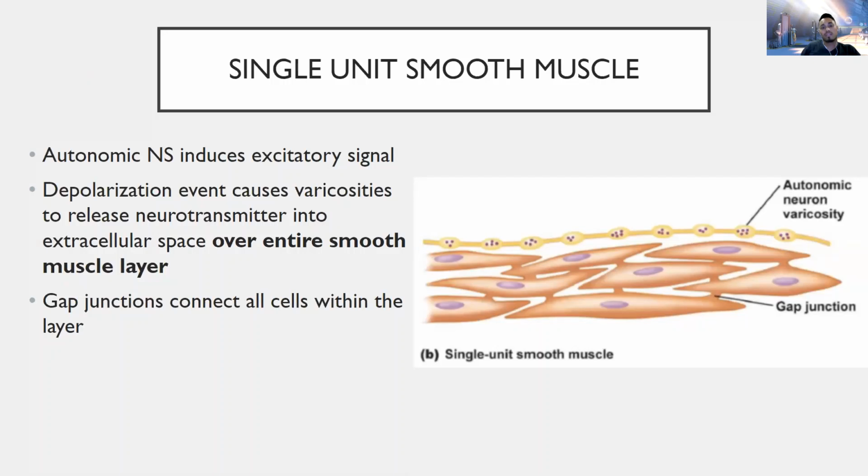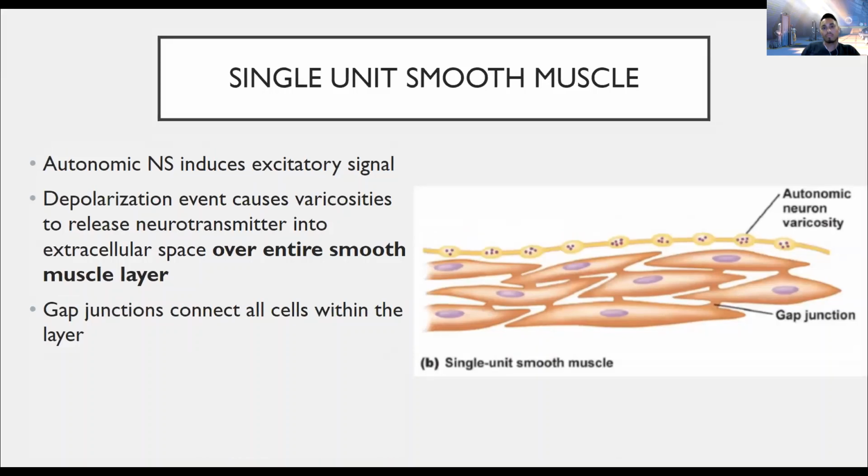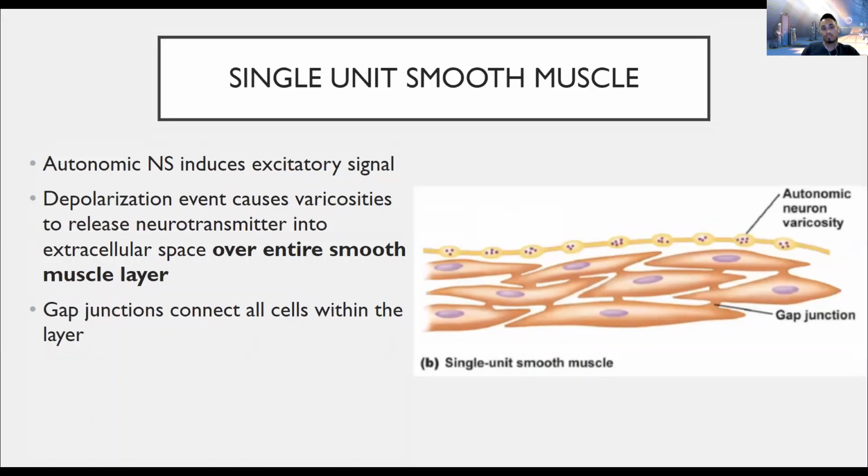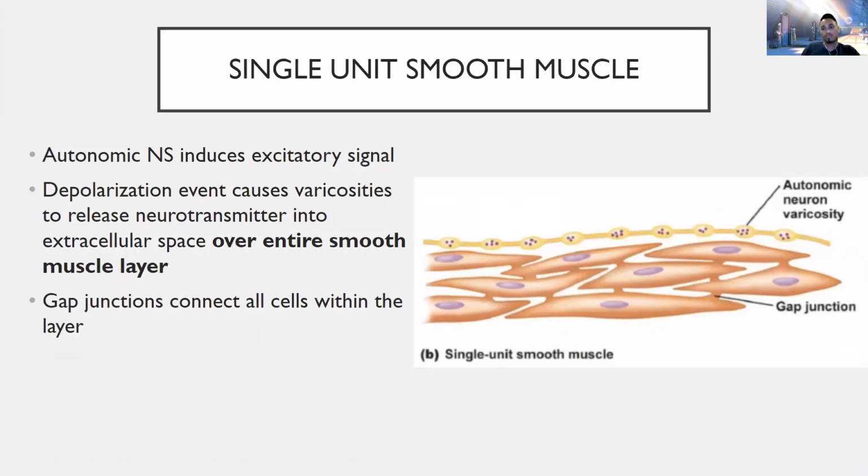So the autonomic nervous system induces an excitatory signal. In the depolarization event, it causes these varicosities to release the neurotransmitter. Like we said, you can essentially think of the varicosities as the axon terminal of the smooth muscle, right? In regular neurons, vesicles release their neurotransmitter at the axon terminal. Here we have the varicosities releasing the neurotransmitter into the extracellular space, and it washes over the